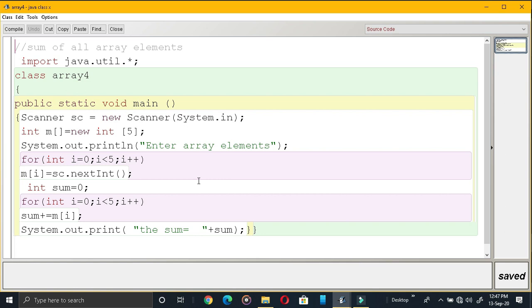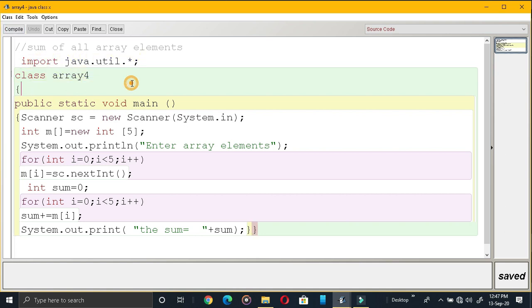This is the first program. In the previous 3 programs, we only saw how to declare an array and how to print the values that you have stored in the array. Now we are going to see the first program, that is adding all the elements from the array. So let us start.